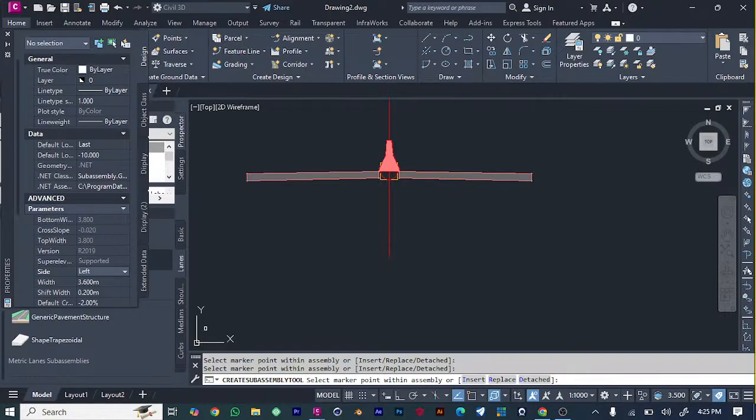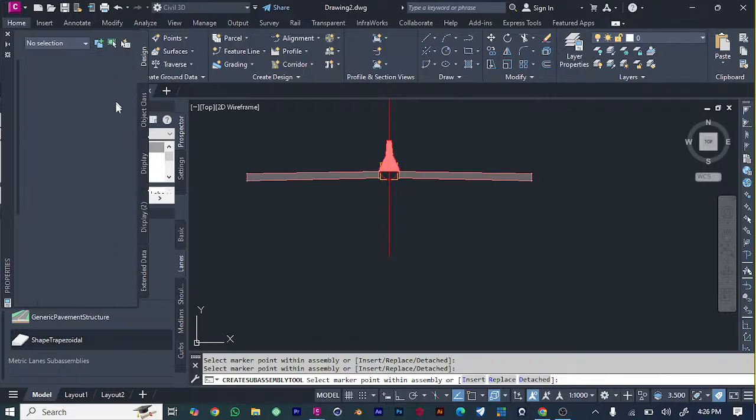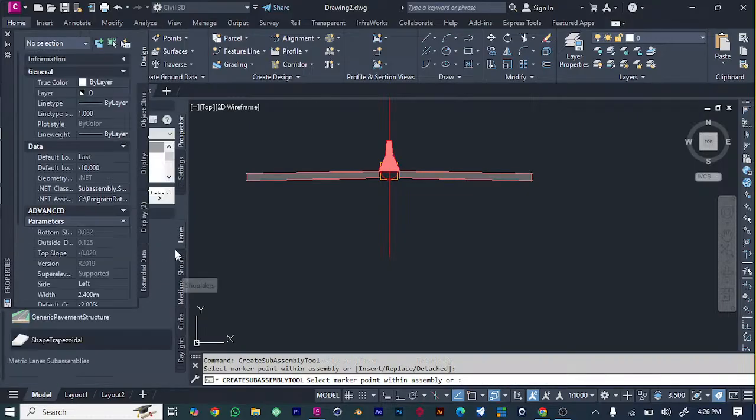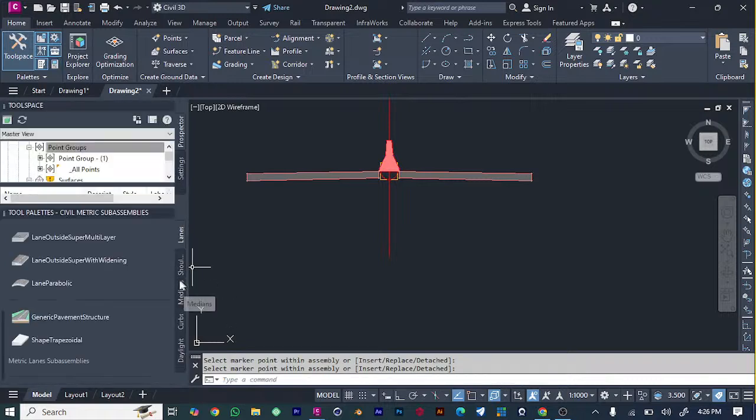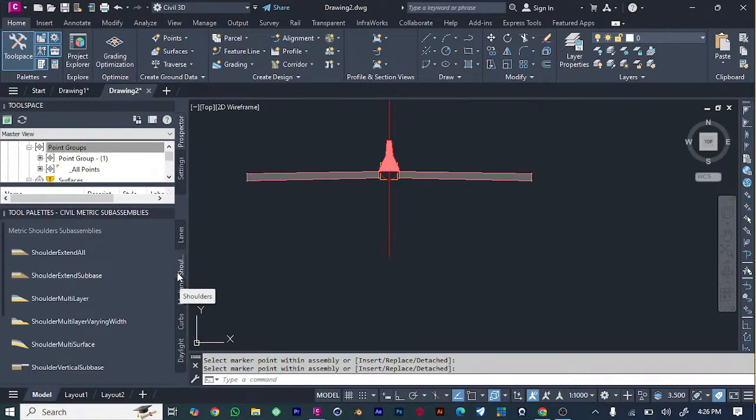So after that, I just need to create the other parts. Whatever else, what else do we have? I may need to have a drainage there, drainage here, and now we have a path or a cycling path. So let's go there. So I'll click enter. Now I go to shoulder. Yeah, you need to create a shoulder. Let me create this shoulder,